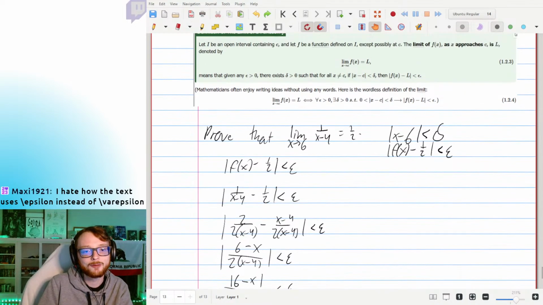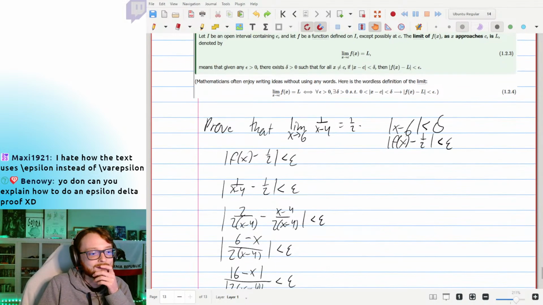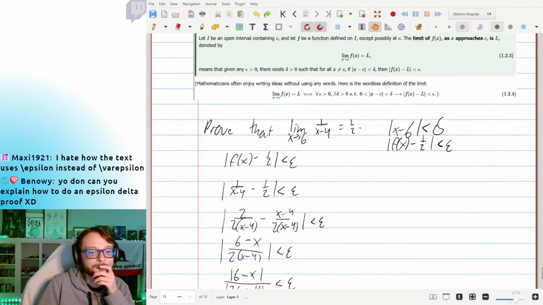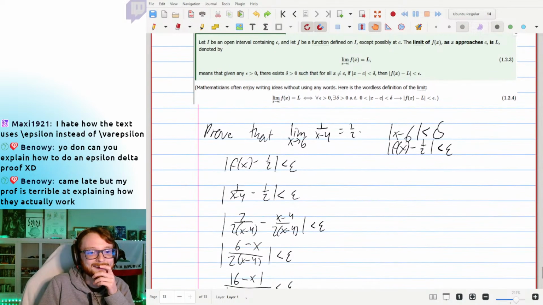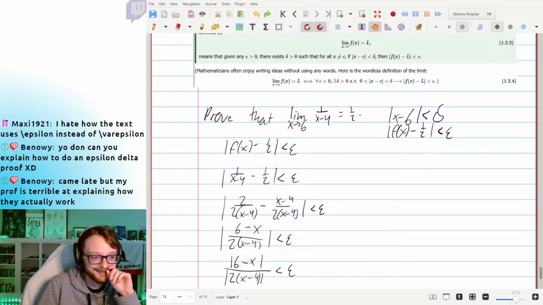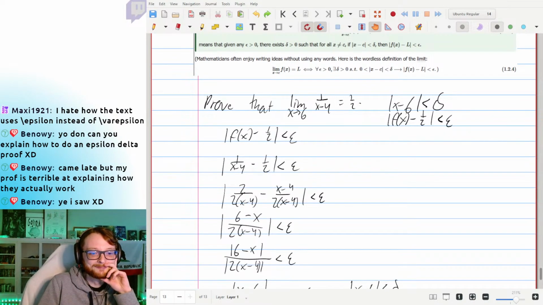You hate how it uses the other epsilon? Yeah, I do always think this type of epsilon means "in" for set notation. Wait, Ben, that's the thing we're doing right now. Yeah, I was like,